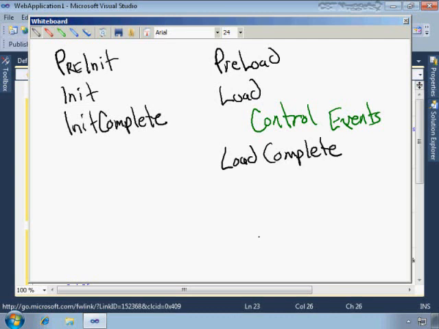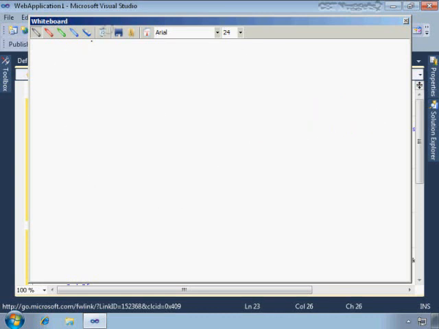This happens after the load stage is finished, and this is where you're going to run any tasks that require all of the controls on the page to be loaded. So the next phase is the render phase, and this consists of, well, several different events actually, so let's kind of walk through them. We've got pre-render,